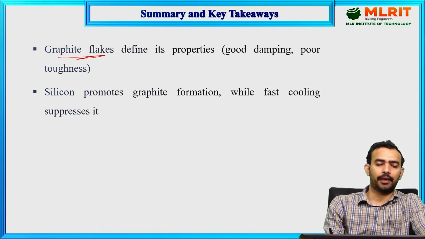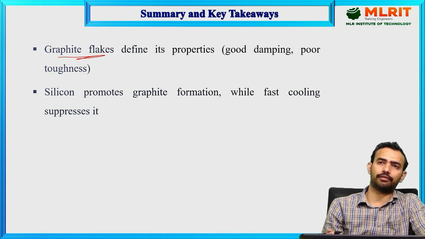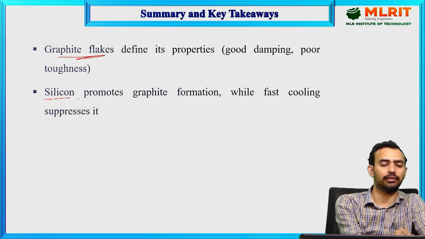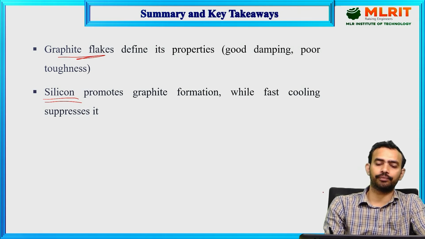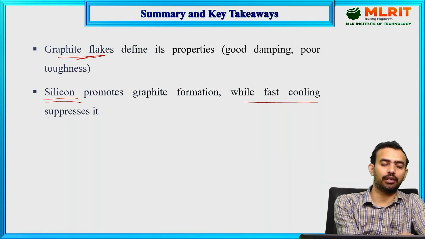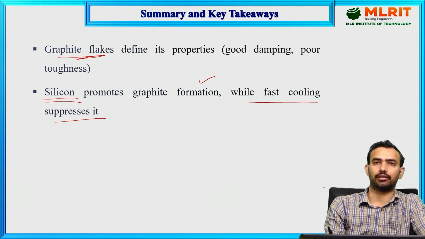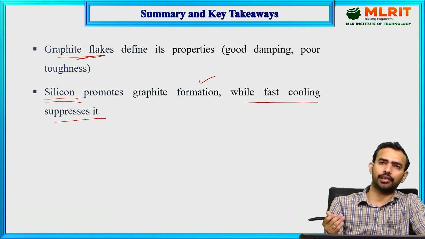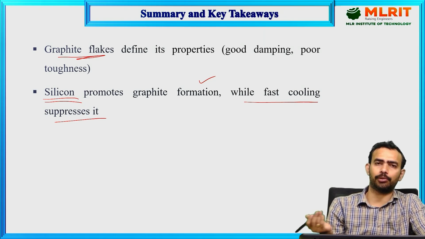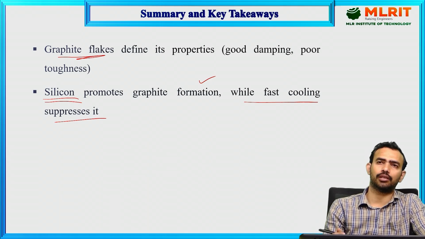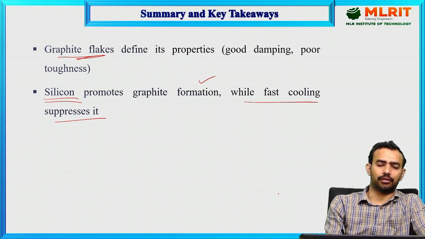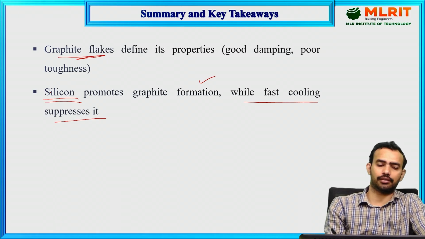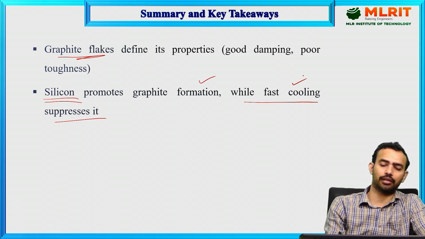The formation of graphite is promoted by the addition of silicon, which promotes graphite formation. Faster cooling suppresses graphite formation, because the decomposition process is very limited. At fast cooling rates, the time for decomposition is very short, and so graphite formation is also very limited. Because of that, even though silicon is present in the material, under fast cooling rates